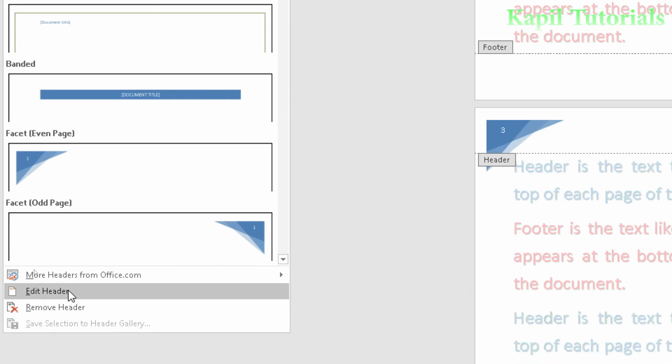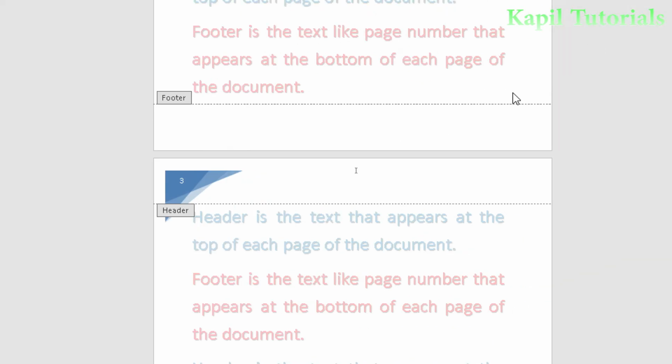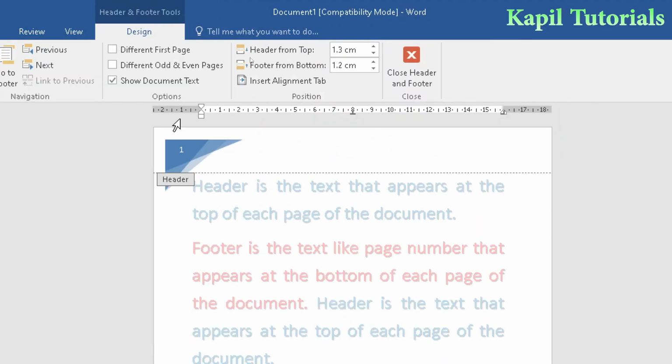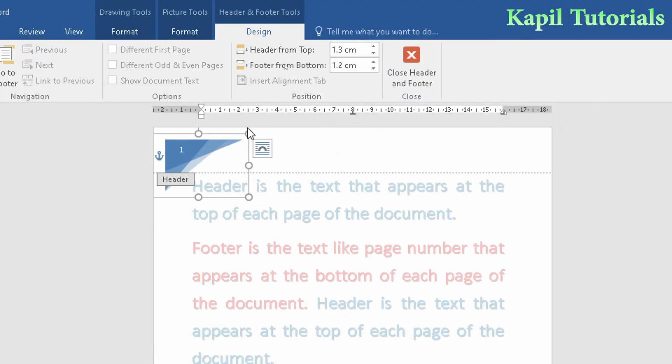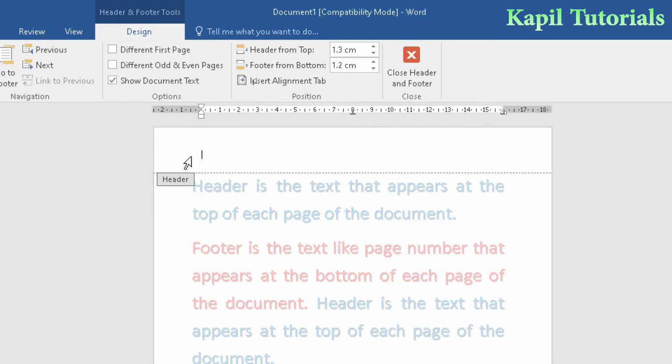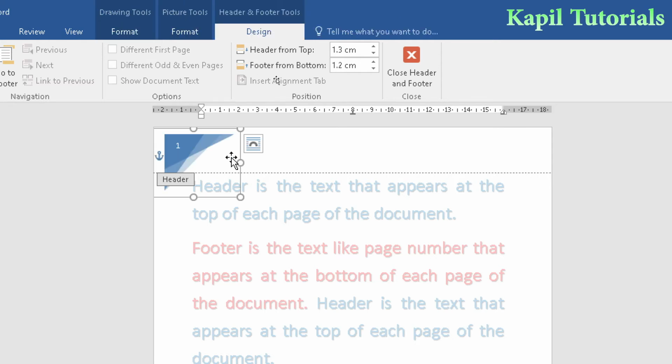Okay. So always, if you are not satisfied, you can click on edit header and you could do the changes. You can make it small, big according to your need. You can delete by clicking on the delete button. I can delete it and I'll use the undo command, Control Z, to bring it back. And here are some